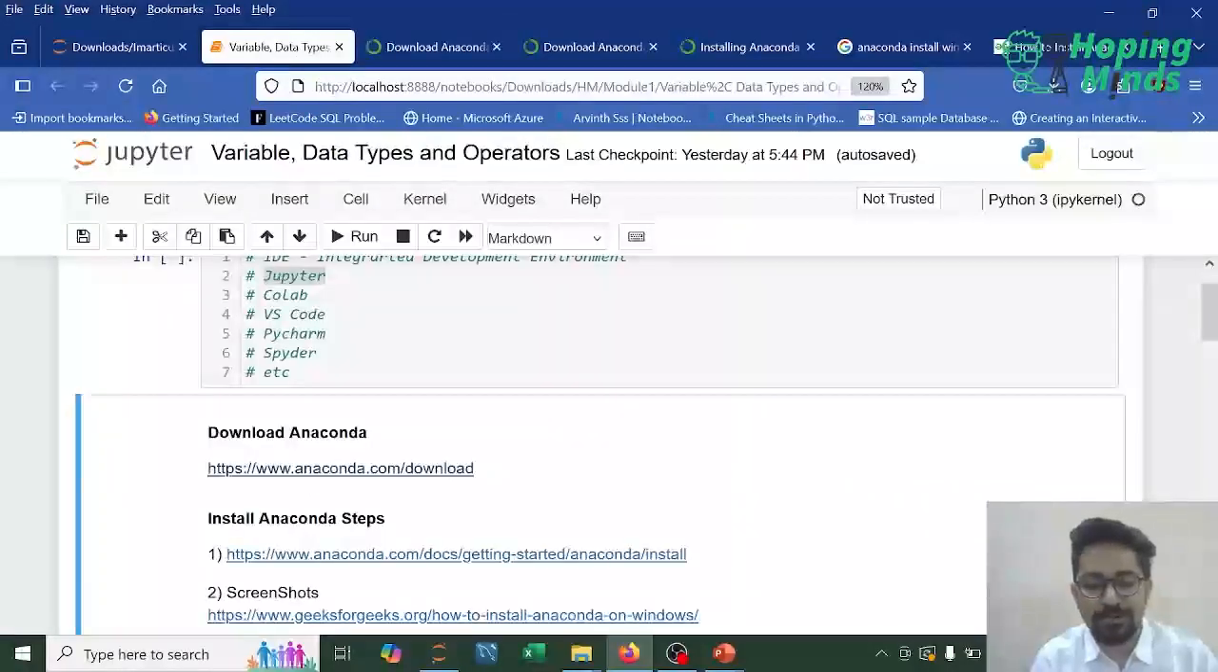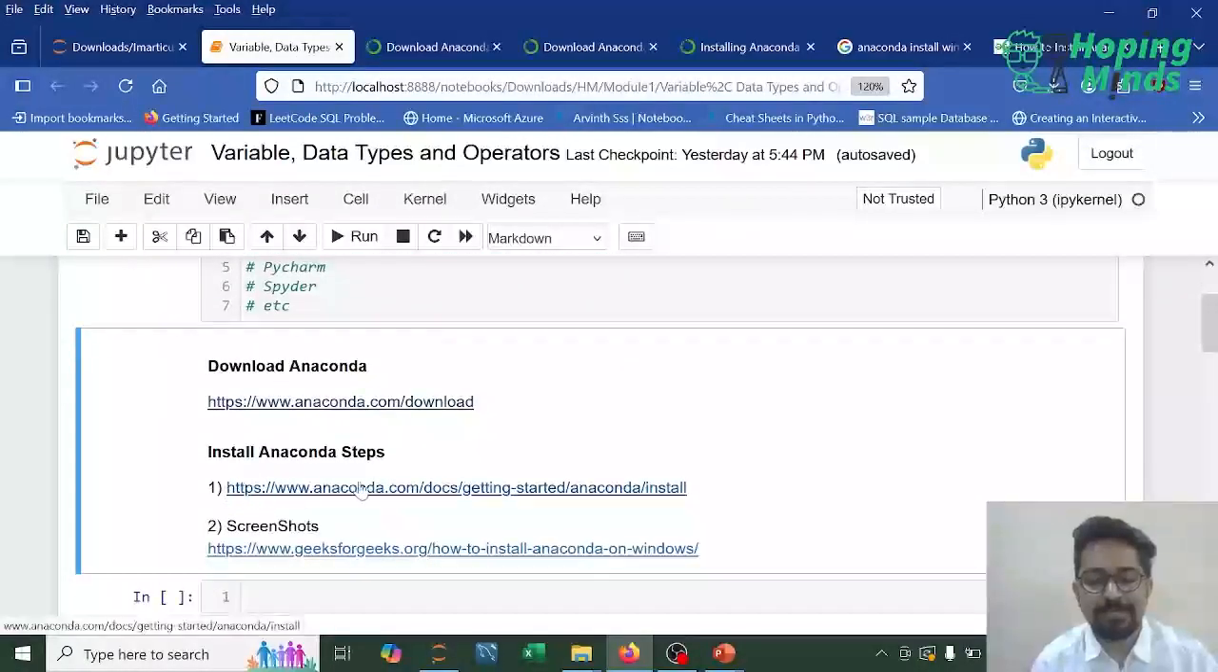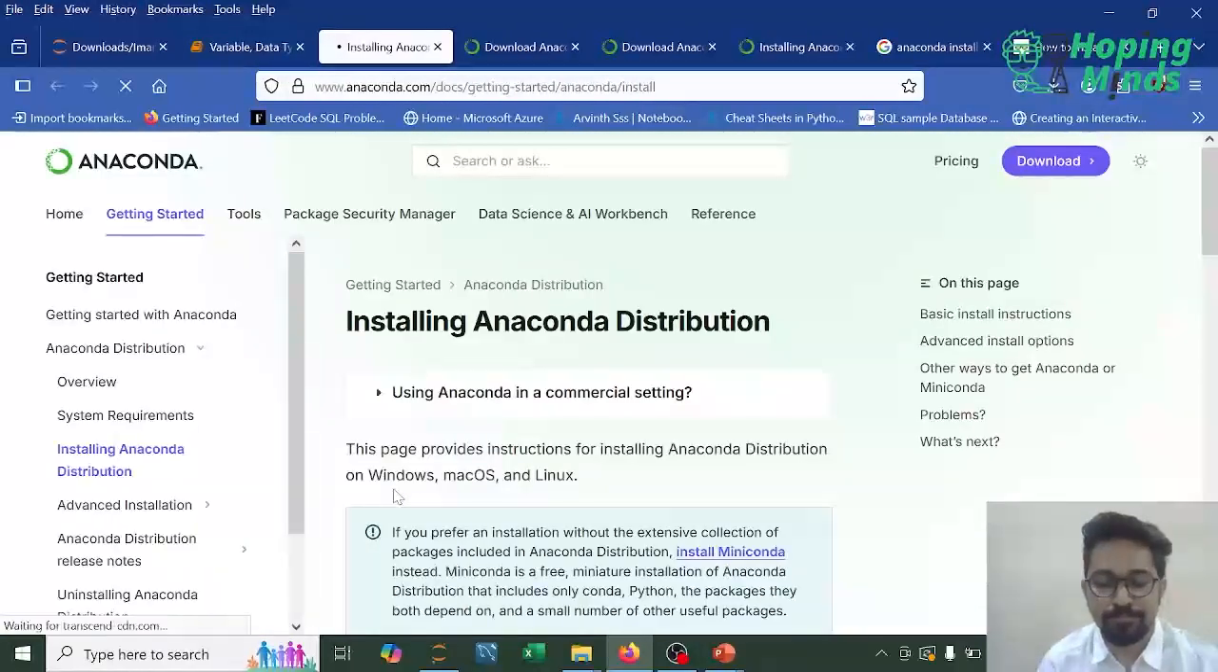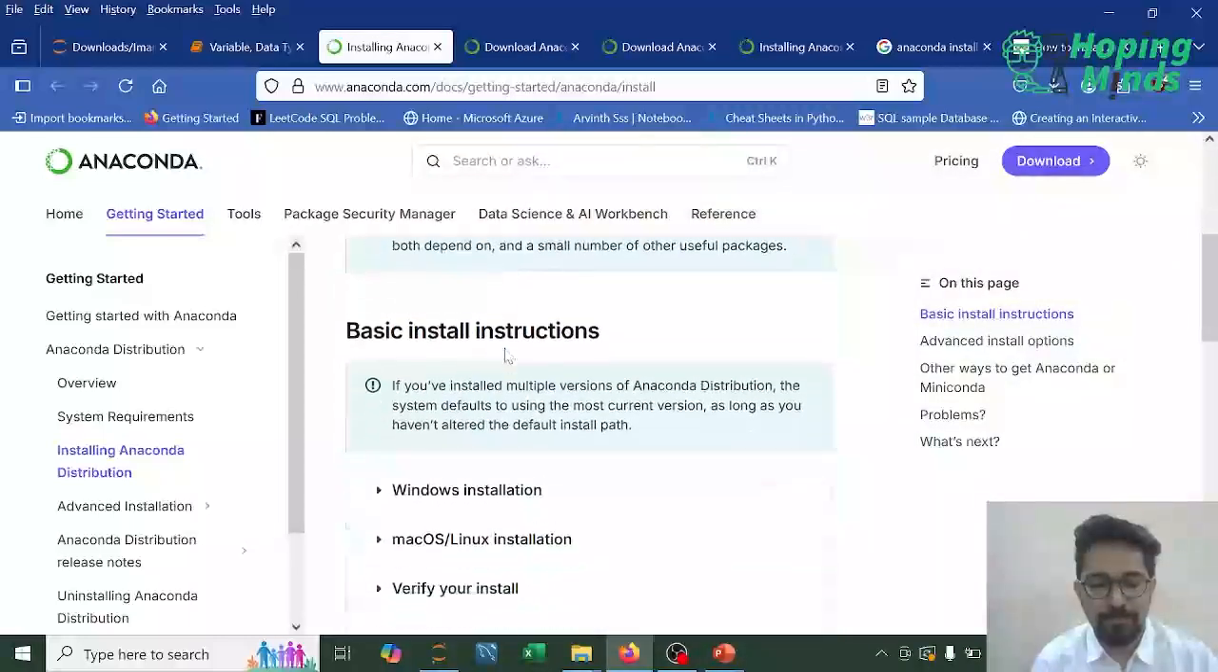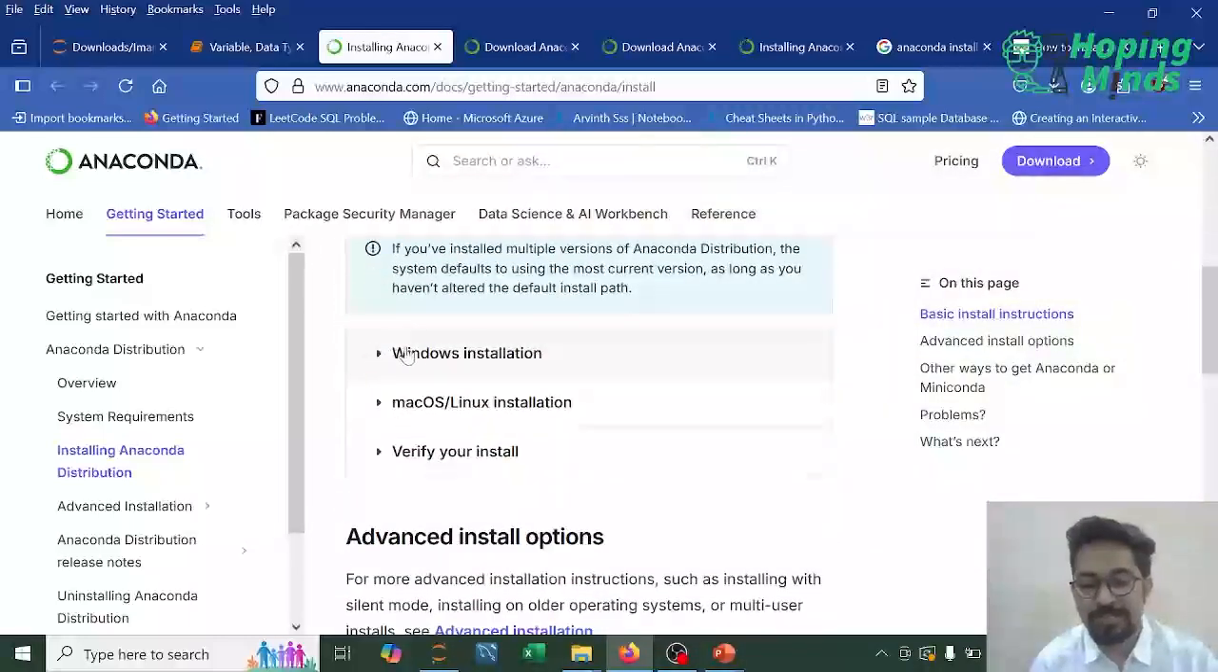So to get through the installation steps, these are the different installation steps. If I click over here, just have a look at what the basic installation instructions are. You can download Python for Windows. You can download Anaconda for Windows, for Mac or Linux. So if I click on Windows installation,